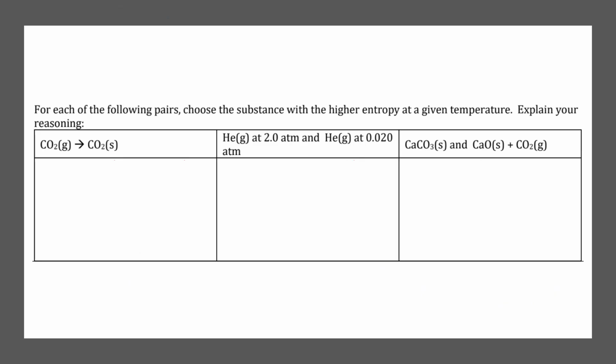For each of the following pairs, choose the substance with the higher entropy at a given temperature. Explain your reasoning. So we have carbon dioxide gas and carbon dioxide solid. Helium at 2.0 atmospheres and helium at 0.020 atmospheres, and calcium carbonate and calcium oxide and CO2 gas. So for the first one,